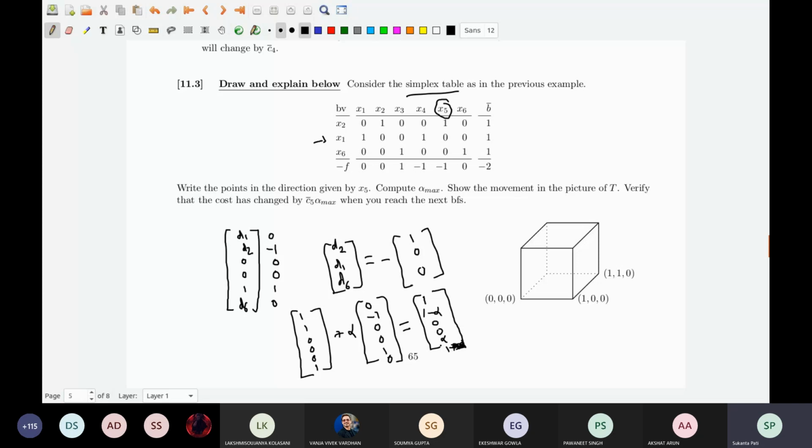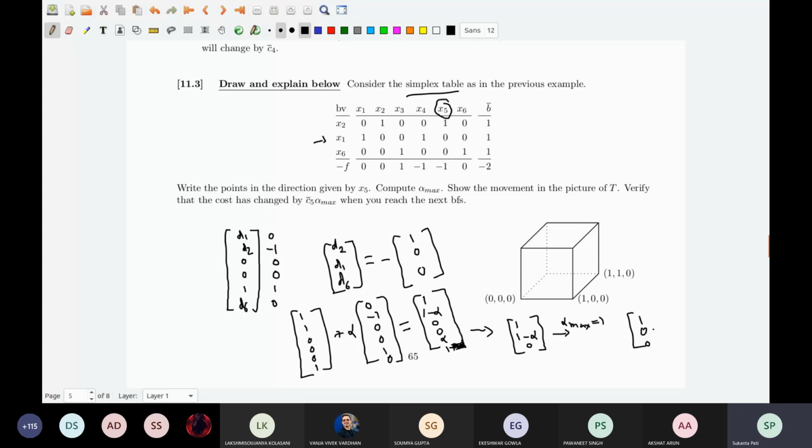Okay. So what is the corresponding point of t? These are points, w star plus alpha in t star. The corresponding point of t is 1, 1 minus alpha, 0. Here what is alpha max possible? Alpha max is 1 only. Beyond that, the second entry will be negative. So alpha max is 1, and with alpha max equal to 1, this will give me the point 1, 0, 0.